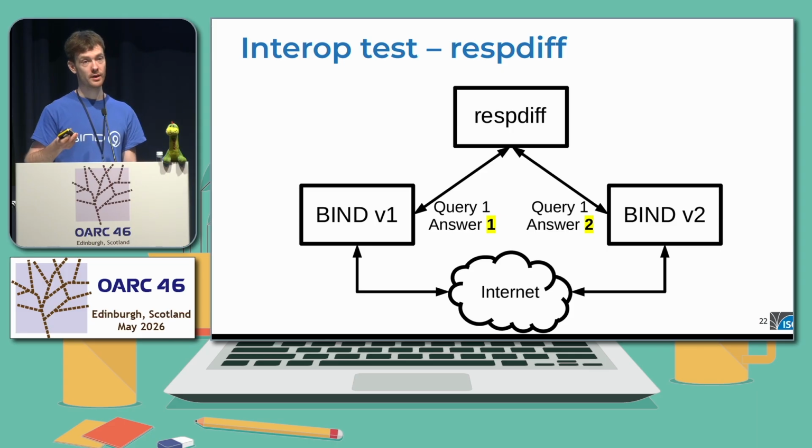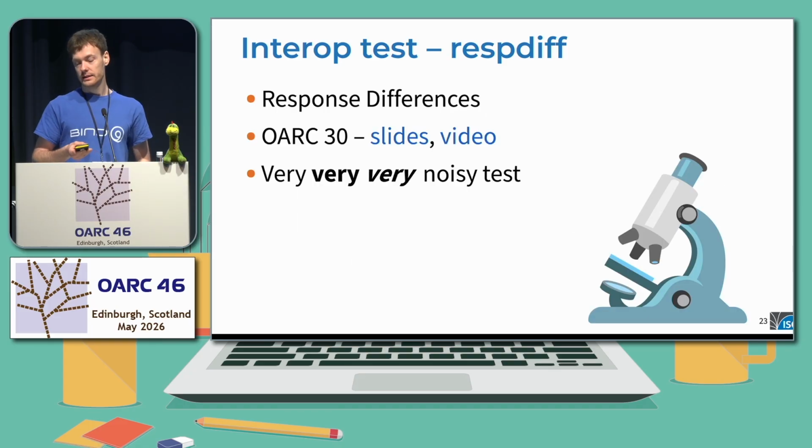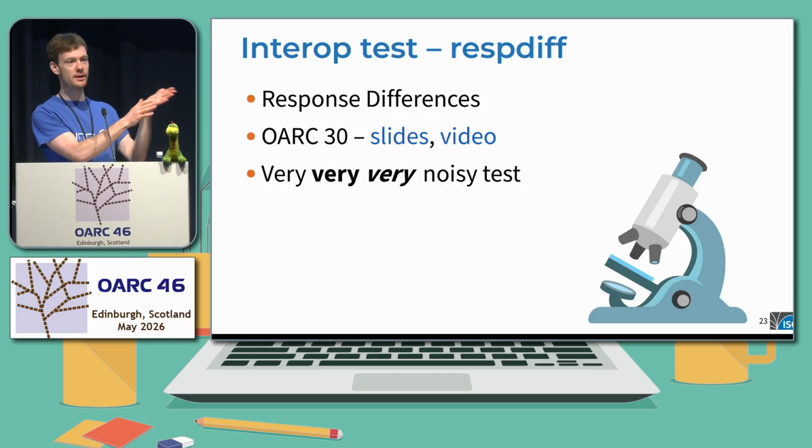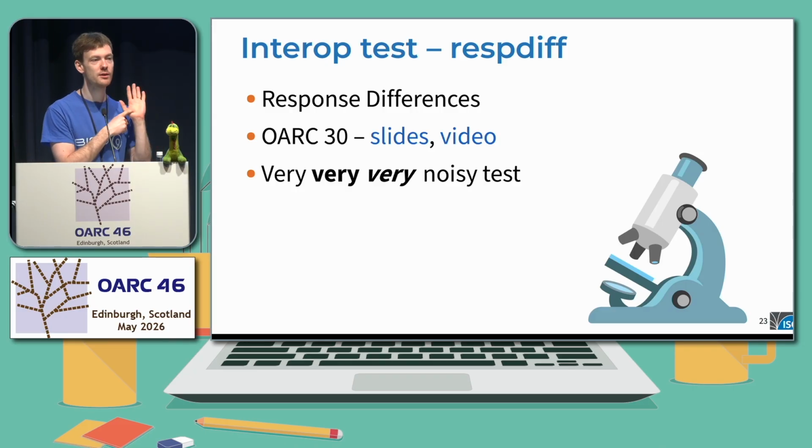To do that, we are using a toolchain called Respdiff, developed by CZ.NIC. In a sense, it sends the same query to different instances of a resolver in parallel. Then the resolver does its thing. It goes to the internet, does the resolution process, answers back, and then we compare the answers. Easy as that, except it's the live internet, so it's super noisy. It's like taking a microscope and looking at your hand. Are there any microbes, any bugs on my hand? Well, there are a billion of them, but the question is, is there any which will kill me? And that's the actual question we care about in interoperability testing.